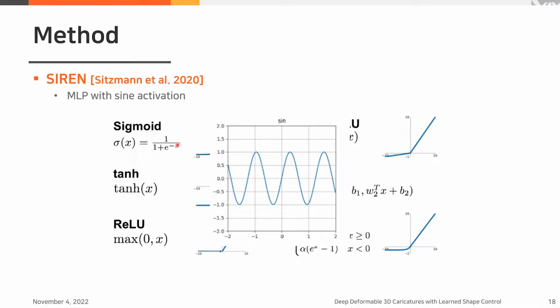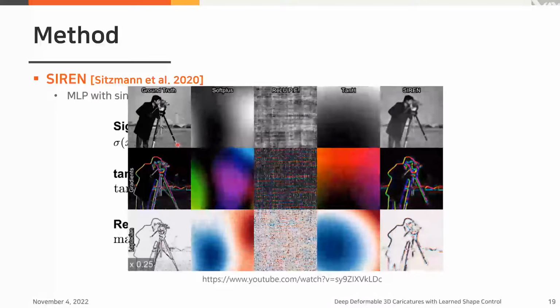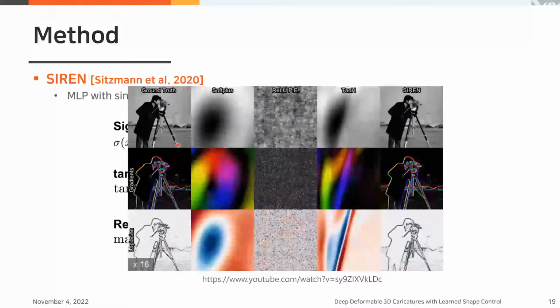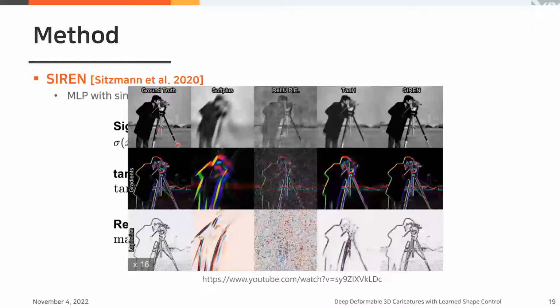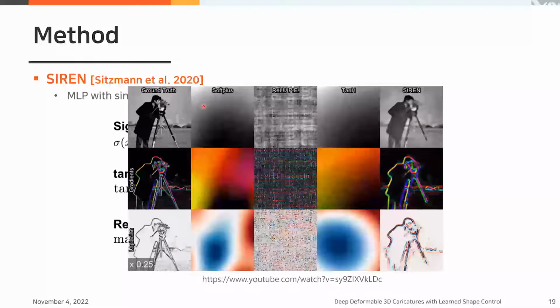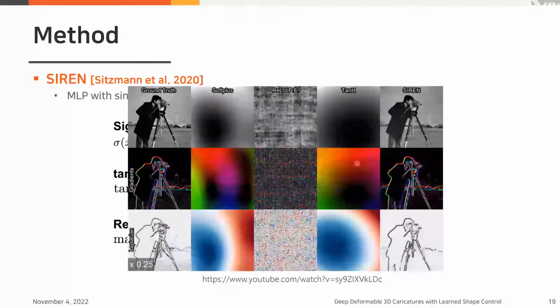And also with a good initialization, they were able to quickly converge and quickly learn to map a certain domain to another representation, a continuous representation, like this example. As you can see, all other activations took some time to converge, but Siren just